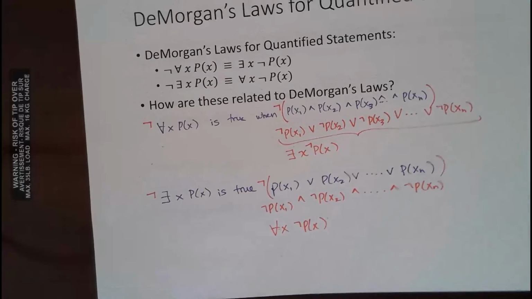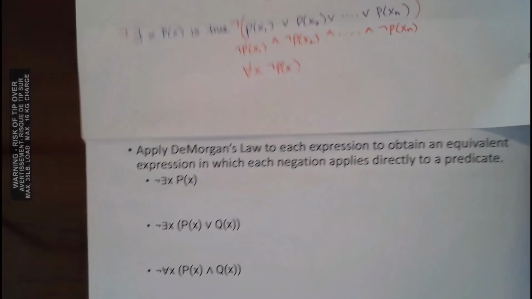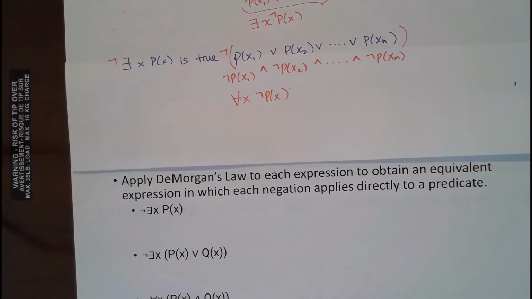Okay, and so now that we have De Morgan's laws, we should be able to, you guys get that? Do you still need it? Okay, I'll try. So let's say we had an expression and we wanted to rewrite it so that we can obtain an equivalent one where the negation applies to a predicate rather than to a quantifier, because often it's easier for us to deal with a negated predicate than a negated quantifier.